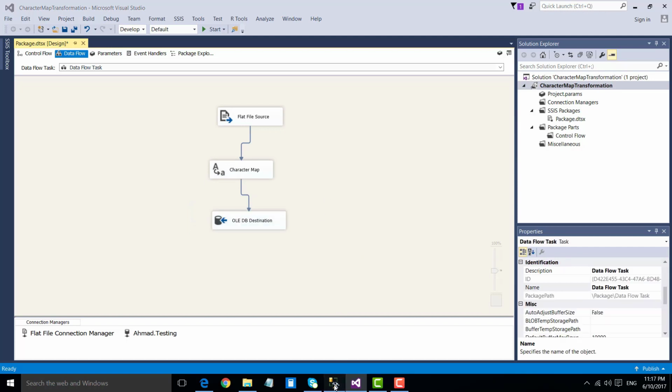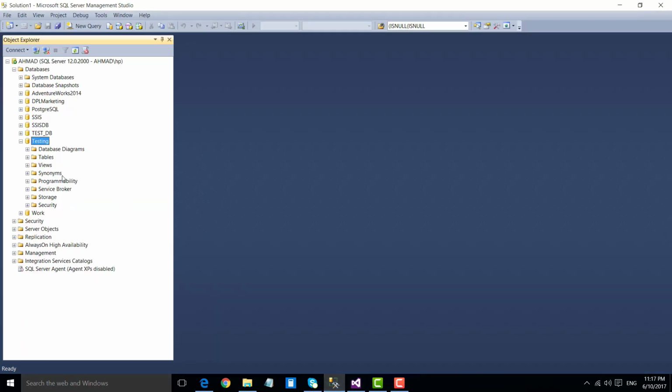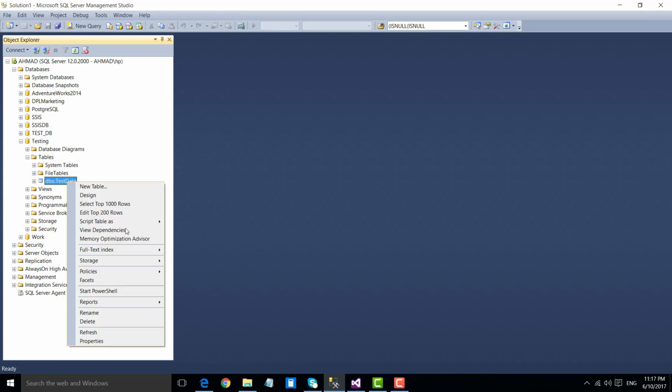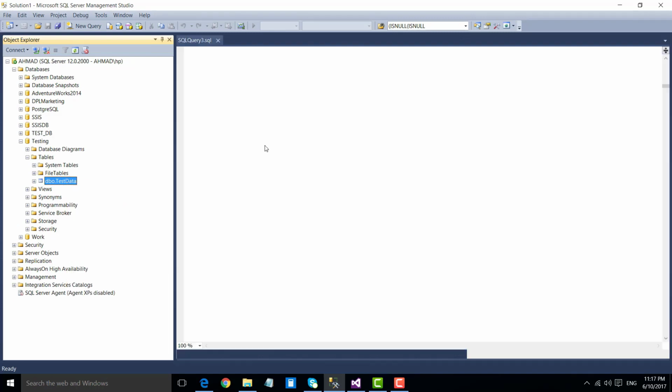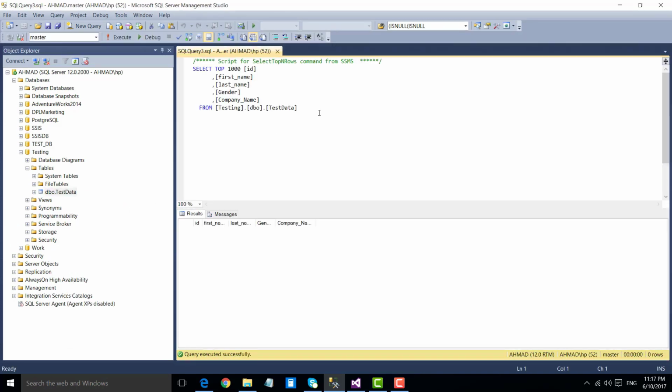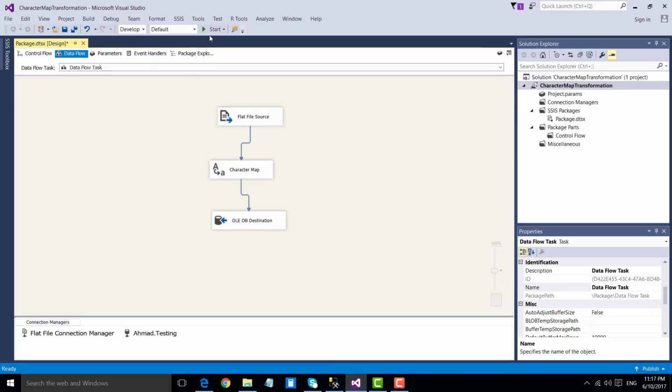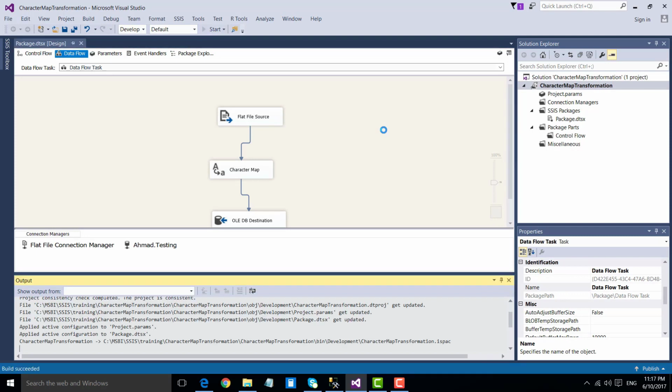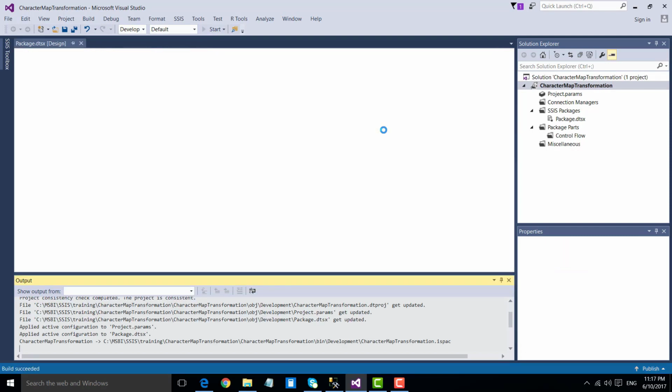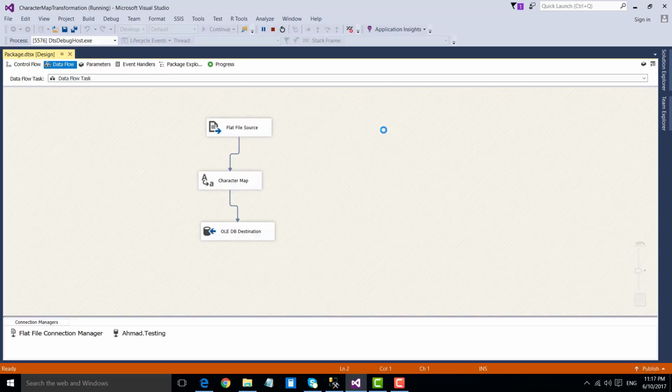If you go back to SQL Server Management Studio and refresh the tables, you should see one table here, test data. However, this table should not have any data yet because we have not loaded any data into it. So let's execute the SSIS package, and it should load the data from the CSV file to the SQL Server table and change the data on the fly.